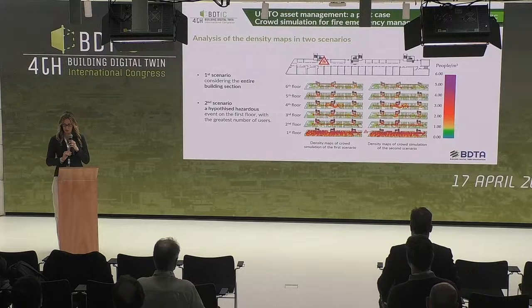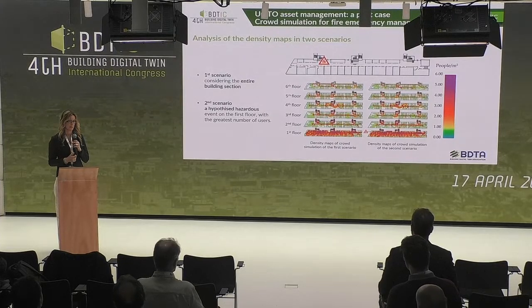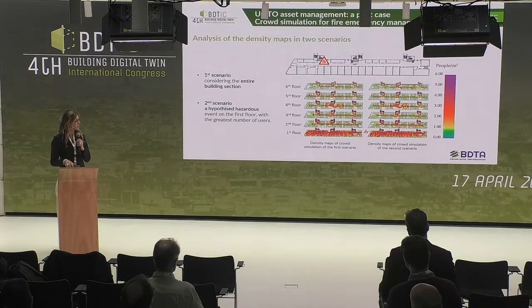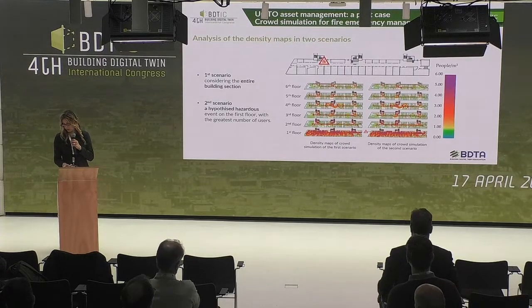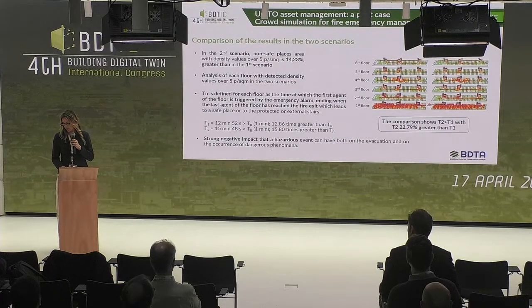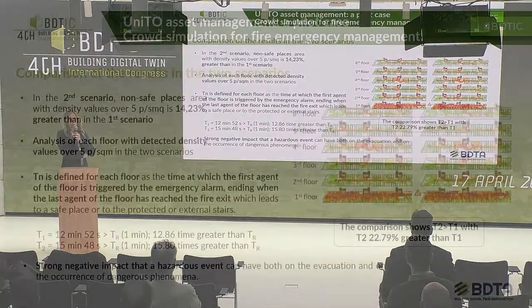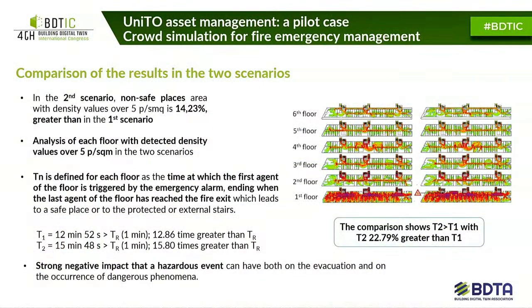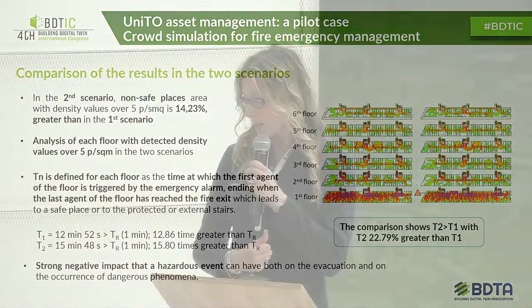Here you can see the simulation scenarios about the section of the building, and in a specific case where we have the fire in front of the staircase, so people are not allowed to use all the possible staircases of the building. In this case, we could see that we have some problem, because even if on paper the building is compliant with the regulation, in case of specific hazards and with the dynamic simulation, we demonstrate that we have a time of escape that is greater than what we need to be compliant with the regulation, and so we have a very negative impact in the hazardous event.